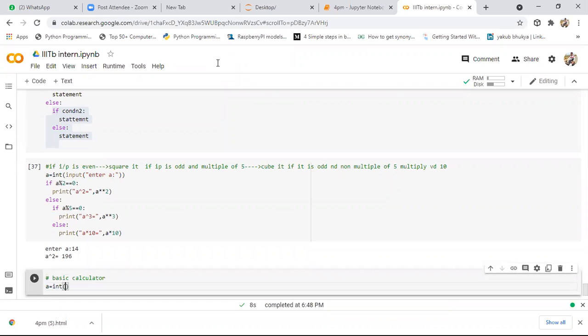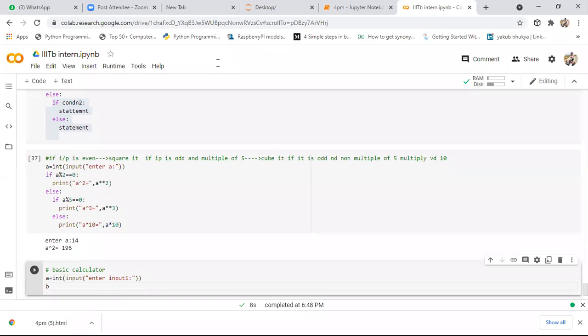So first input, enter input 1. Similarly, I want to take one more user defined input, that is one more number, enter input 2.